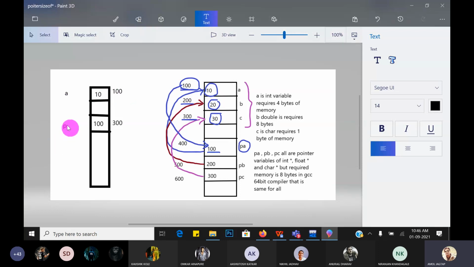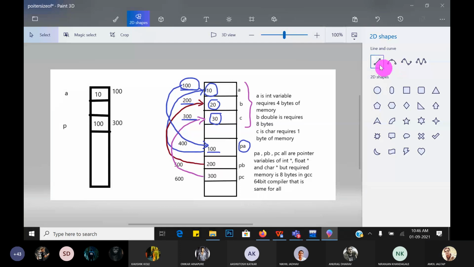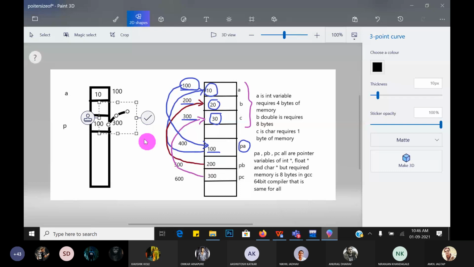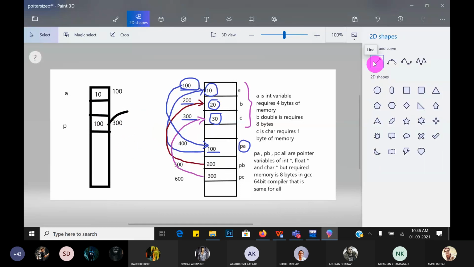Again, P is the pointer variable, which stores the address of the A variable. So what does P store?